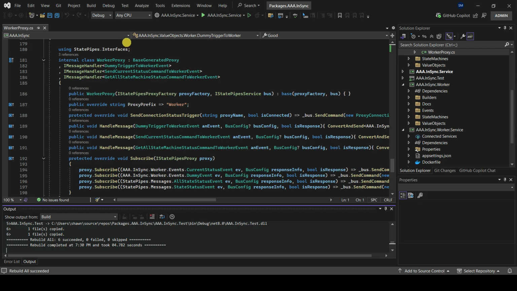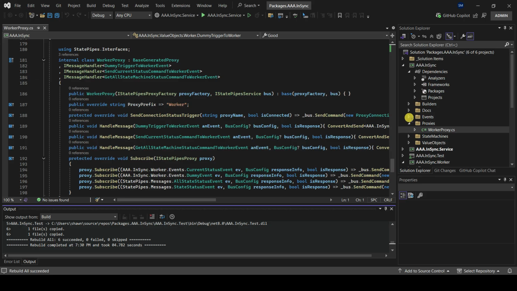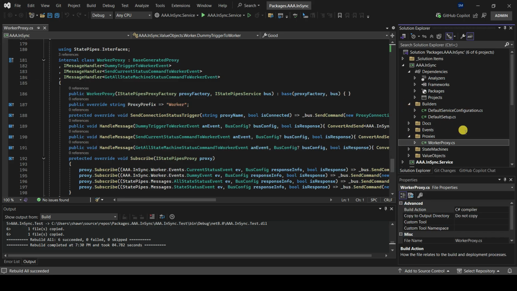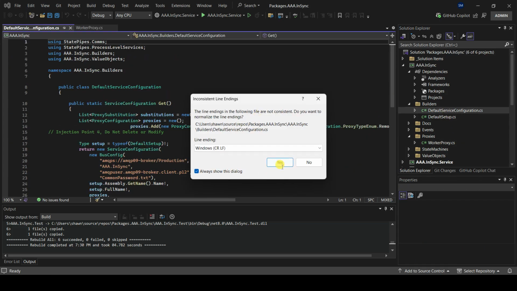Okay. So now what we want to do is specify that the AAA InSync service is going to have two instances of the worker service, and it wants to coordinate those. So the first thing we're going to do is go to the default service